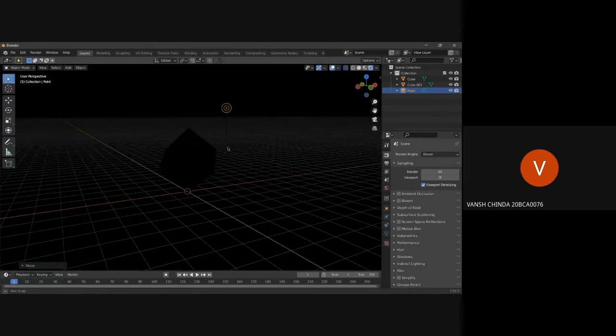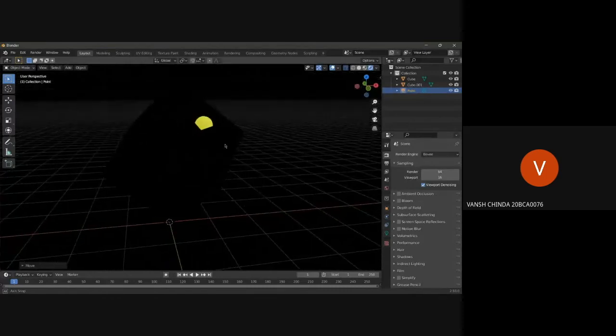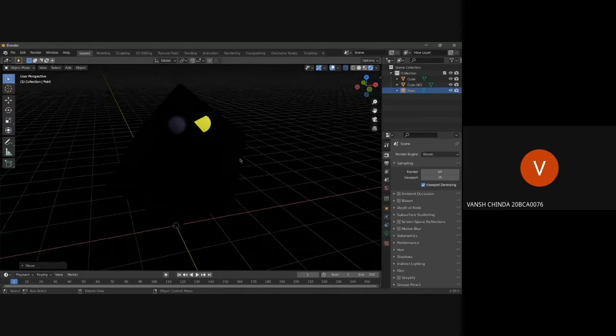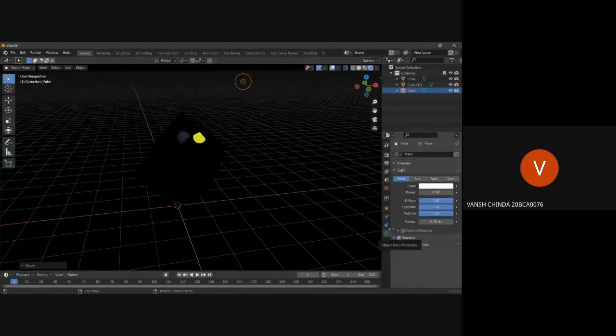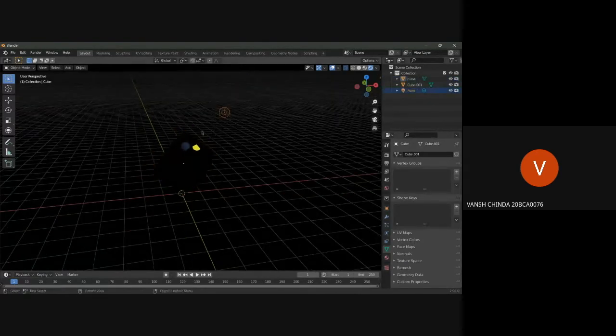Okay. So you can kind of see a little bit of reflection, like in the gold part, but you can't see the whole object. So why is that? Let's go to light settings. So what is happening here? This light is emitting only 10 watts of power, but I think our cube is really big in units, so we'll have to increase its power.